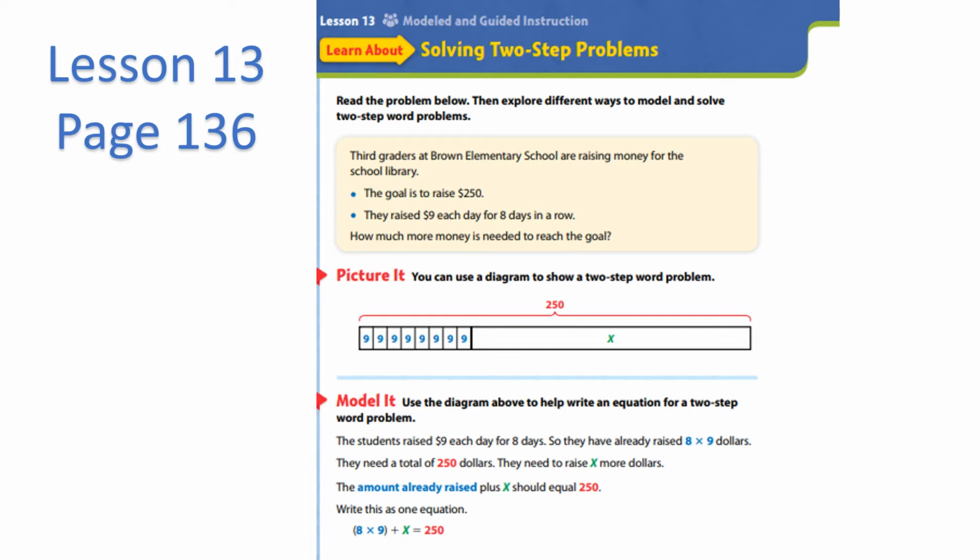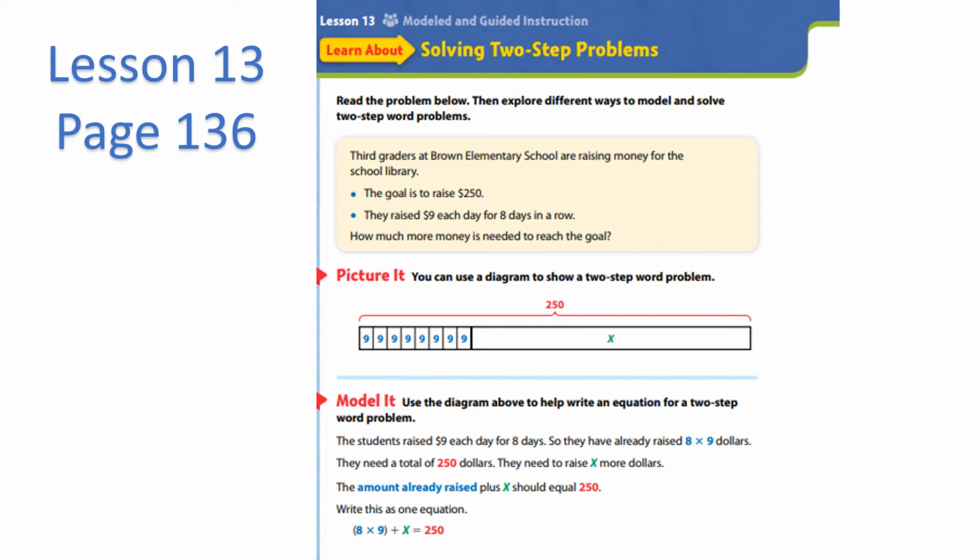Third graders at Brown Elementary School are raising money for the school library. The goal is to raise $250. They raised $9 each day for 8 days in a row. How much more money is needed to reach the goal? So we need to remember we want to make sense of our problem. So we want to know what the problem is about, what information is important, and what are we trying to